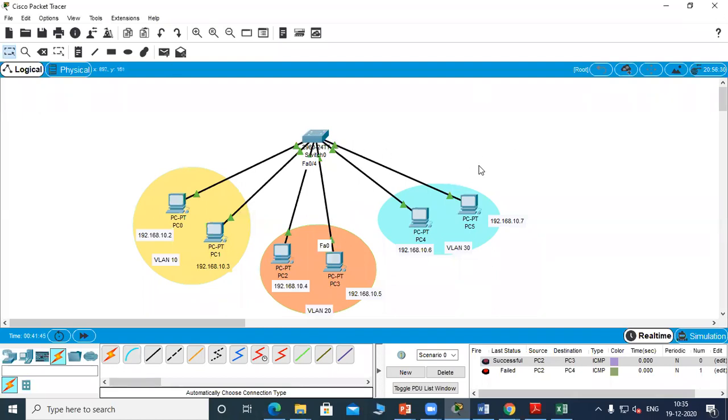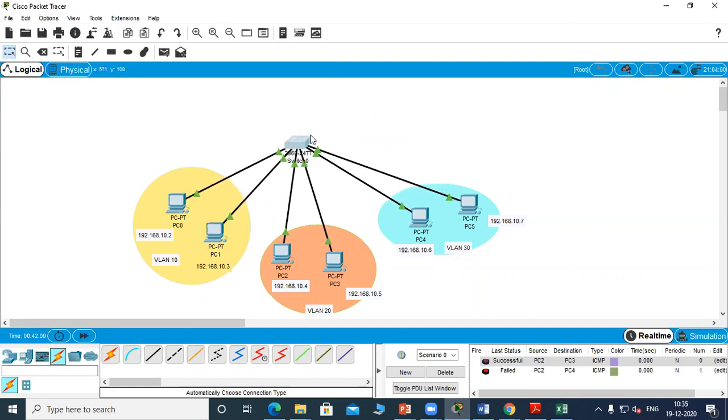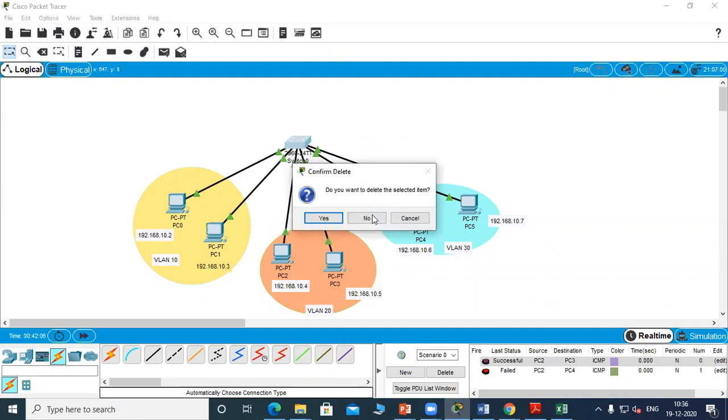Now we'll see how we can extend this VLAN to another switch using a trunk interface, or how we connect two switches with a trunk. So I'll just remove these.